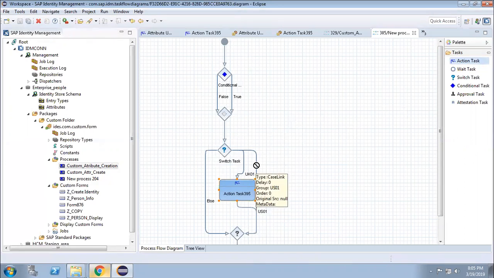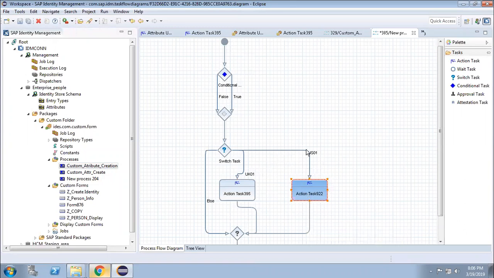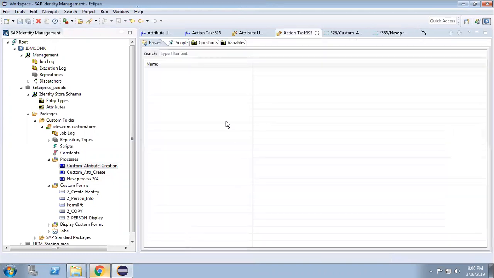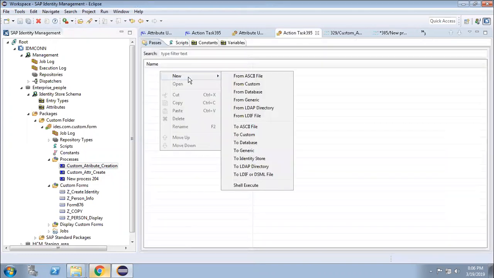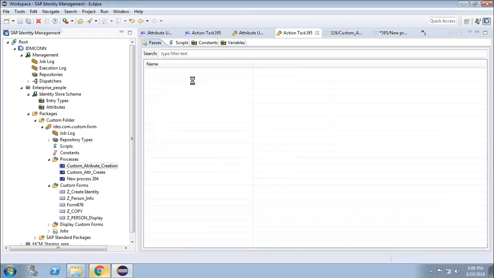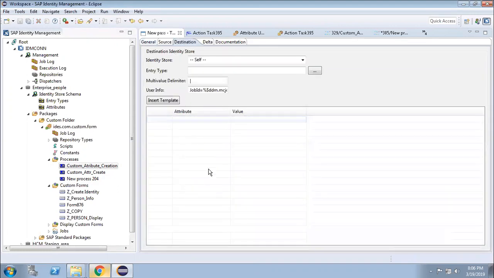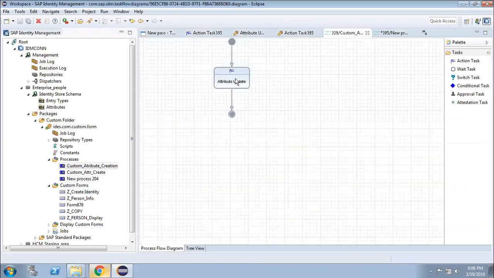So whenever we go for multiple conditions, we have to go for different action tasks, because based on this switch, you are following some action. If you open this action task, create a new to identity store path. In that to identity store path, you are putting some attributes and the corresponding values, same as the existing one.